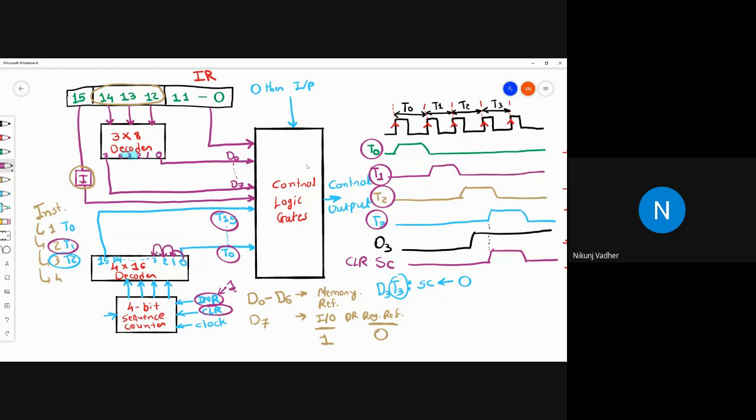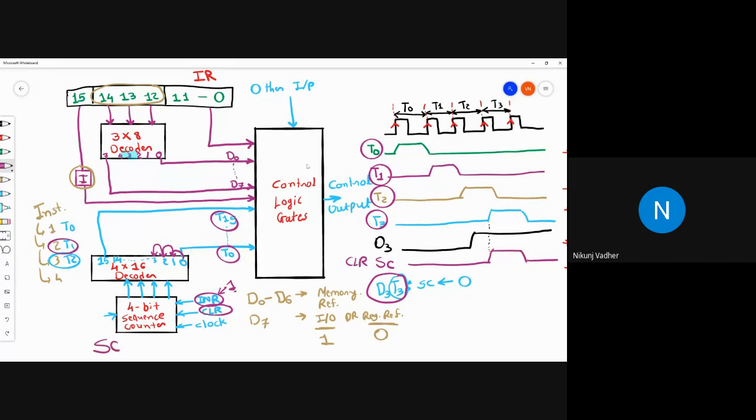So for each instruction, we will have a control function like this. If D3 means a particular instruction is there and timing signal T5 is there, then by T5 the sequence counter should be reset. The computer will consider that execution of that instruction is over by timing signal T3 or T4, whatever we have mentioned, and then it will reset it.